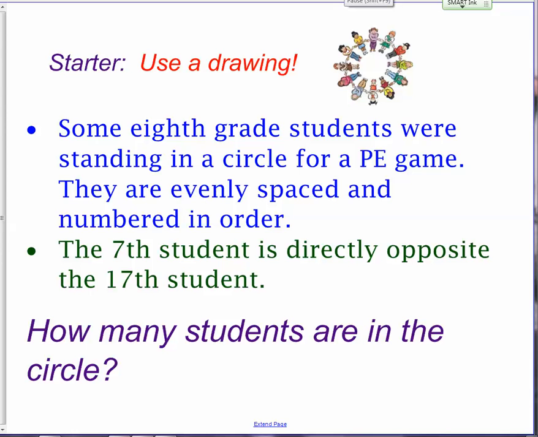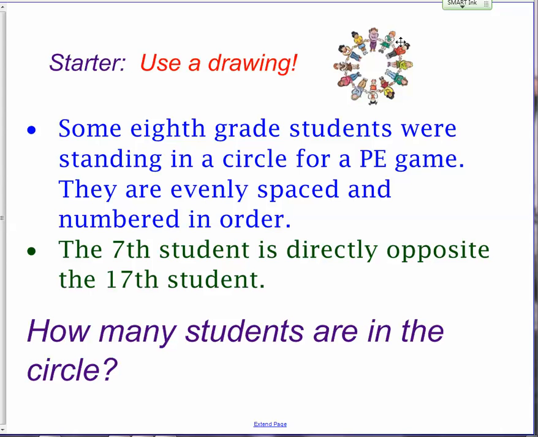So we had a problem solving starter today. There are 8th grade students standing in a circle for a PE game, and they were evenly spaced, and their only clue was that the 7th student was directly opposite the 17th student, and you had to use a drawing to solve this problem. So if you put the 7th student here and the 17th student here, you can put